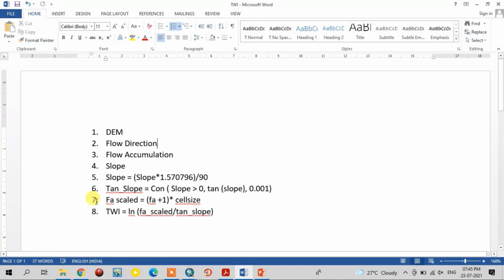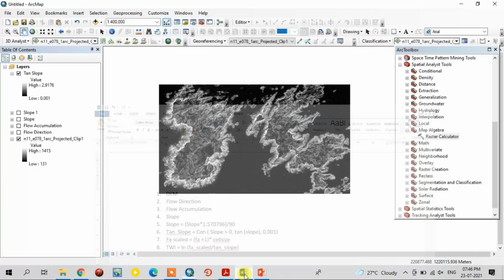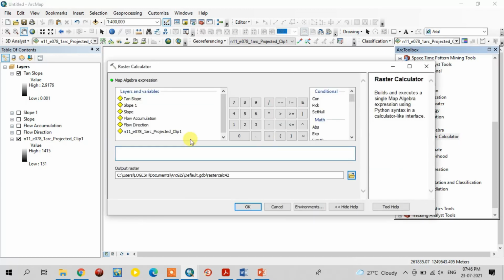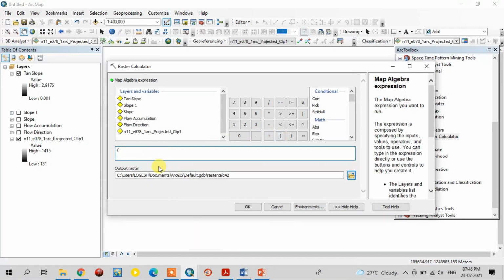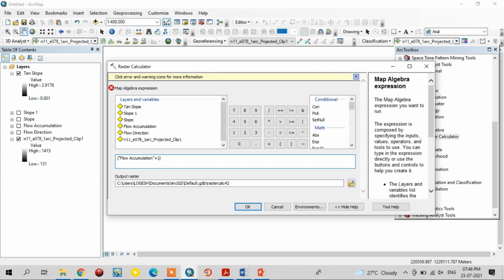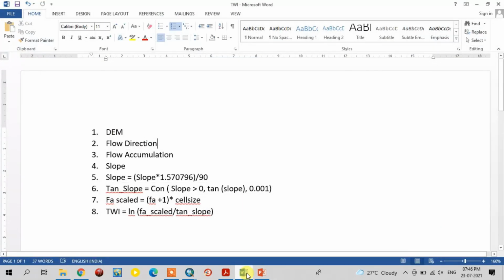After that, the seventh step is the flow accumulation scaled version. We need to create the scaled version of the flow accumulation map using this formula. For that, use the same raster calculator method. Open the bracket and select the flow accumulation plus 1. Close the bracket and give the int symbol and cell size.